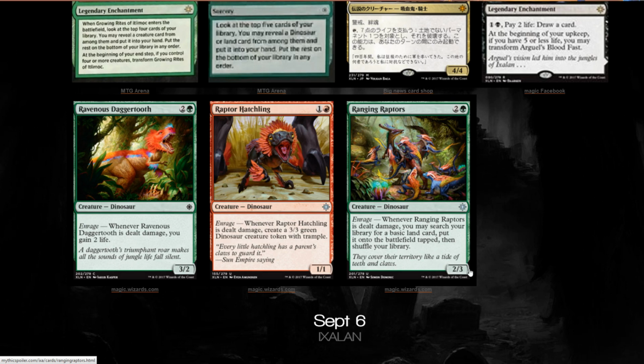It's a 2/3, and whenever it's dealt damage, you get to search your library for a land to put on the battlefield. This is kind of fun for another Walking Ballista type deck. Any other pingers we have at the moment? I think there might be a few that I'm forgetting about that can ping creatures, and that's pretty sweet with Ranging Raptors. Doesn't this make an infinite combo? Not infinite, but a pretty cool combo with